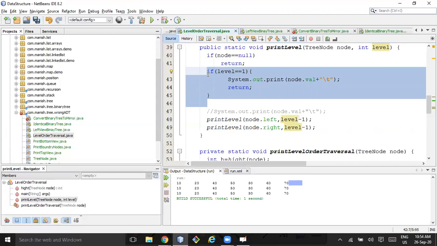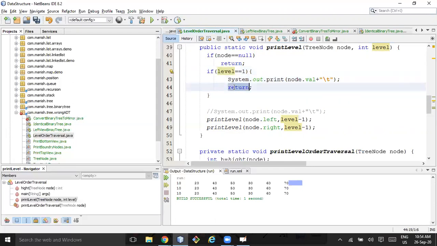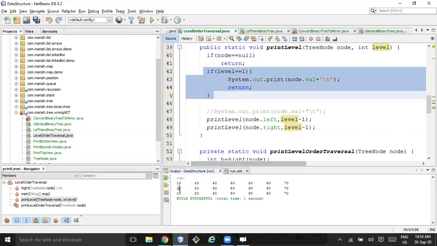So this is very simple, right? What extra did I do? Nothing. I just added one condition because I want to print. With this condition, only 10 will be printed the first time and all others will be ignored because 10 is at level 1. The second time, only 20 and 30 will be printed. Although it will reach 10, this condition is not matching, so System.out.println is not executed and it won't print that one. Remaining nodes are ignored. And in the last case, only 40, 50, 60, 70 will be printed. See?